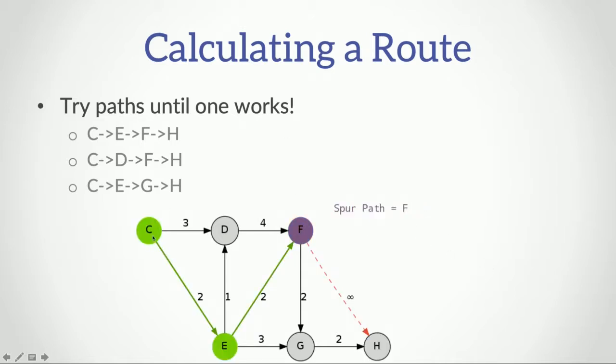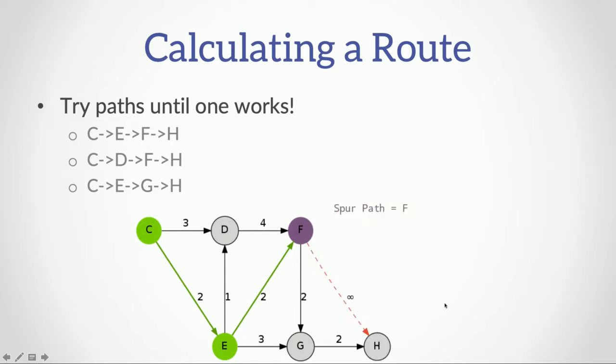So in this example, we have node C trying to send a payment to node H, and it has these three different paths it wants to try. One goes through E, F, and H, and the next one goes through C, D, F, H. And the Lightning nodes do some error reporting. So if node C first tries to send a payment through E, F, and H, and this one fails, F can report that this channel no longer works. And then node C knows to skip the next route and go straight to C, E, G, H and try that route. And in theory, the sender node will have enough routes to try that something will work and the